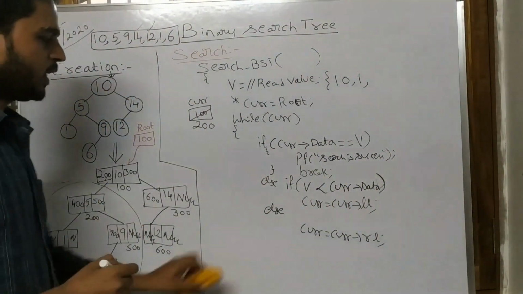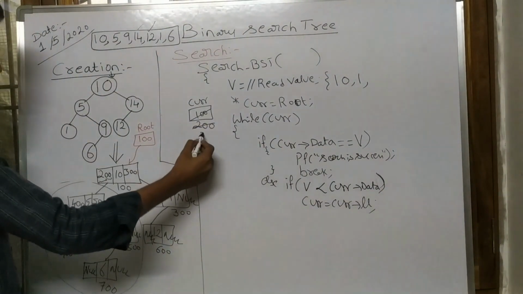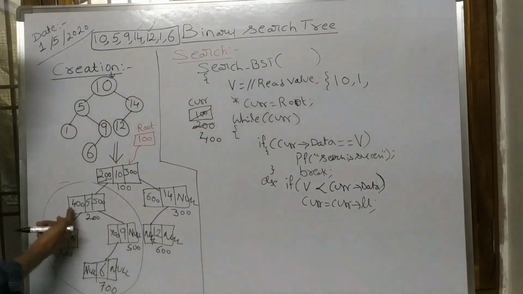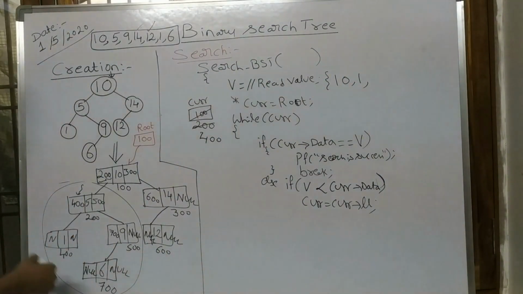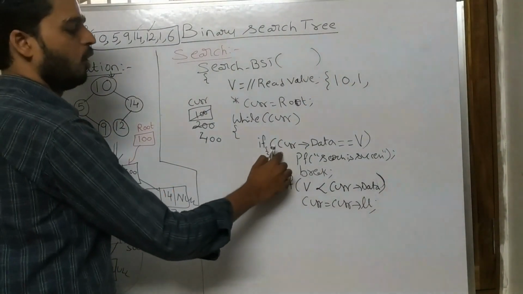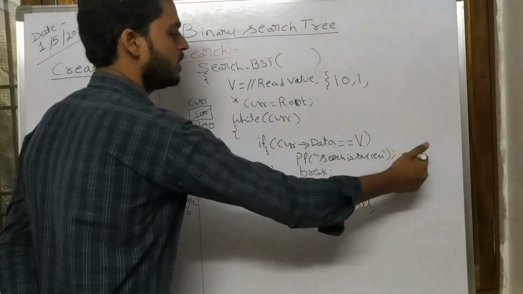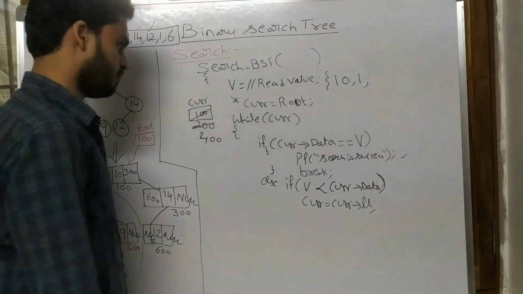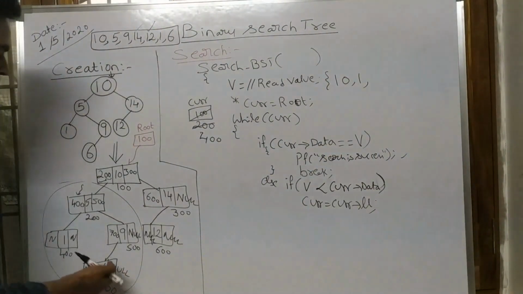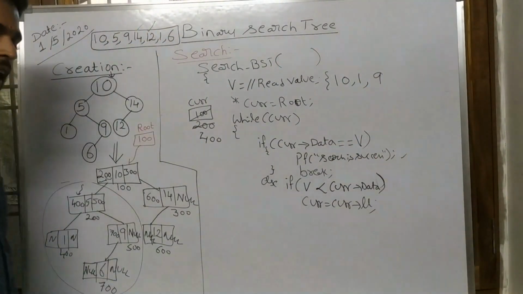So when we are moving to the left side, we will see this case on the left side. Its address is 400. Now once it is going to check, yes, while 400, 400's data is 1. 1 double equal to 1, search is success, so found, successfully completed. Now we'll check another case. I want to search for the value 9.